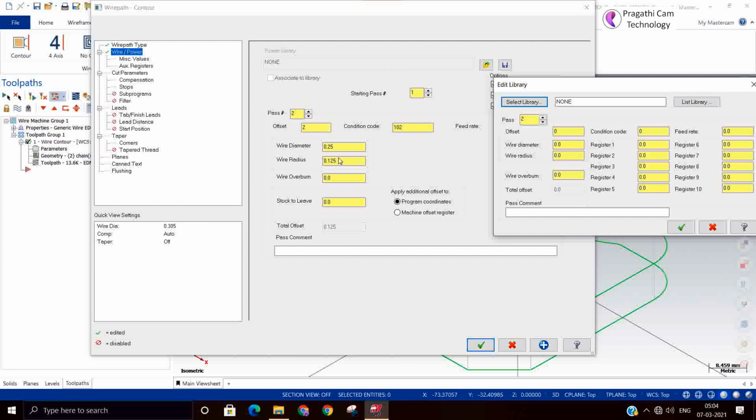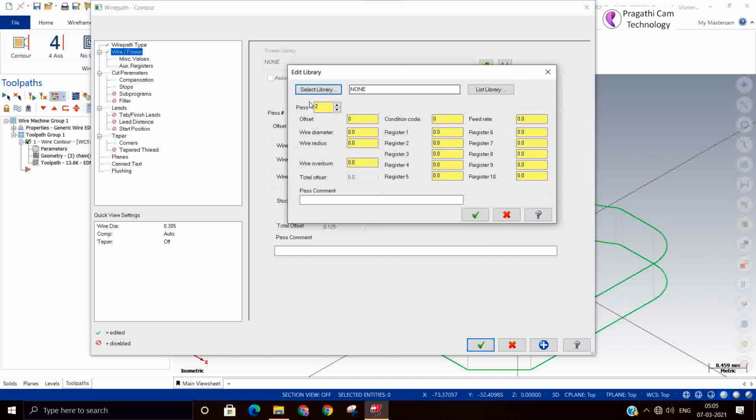Whatever the default is coming, it is coming from these power libraries only. So you can change the pass number 2 and see what the changes are. It is a one-time work, and you need to customize and keep it. Similarly, there are 24 passes you can customize and keep.